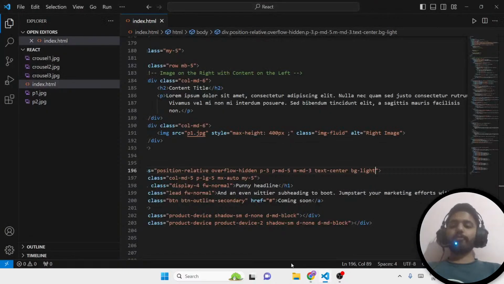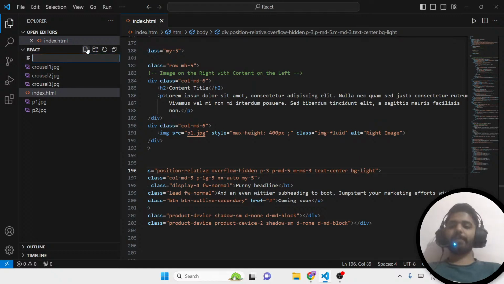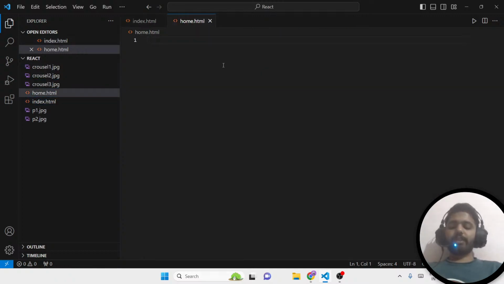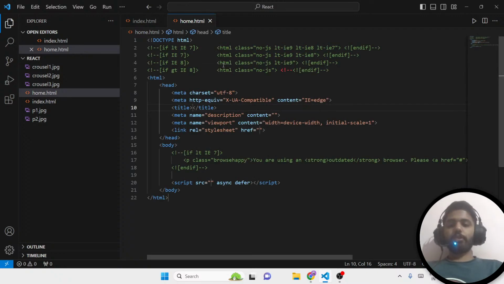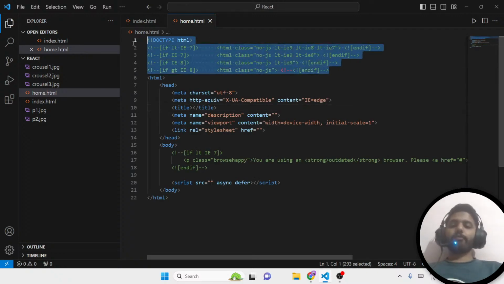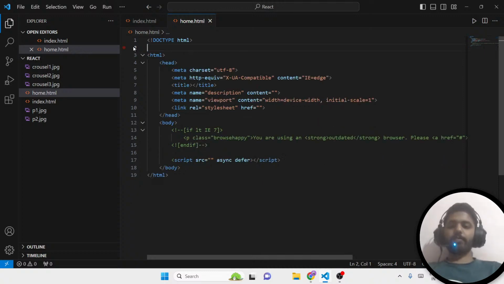So go on to your VS Code. I have already made this, but we are going to make it from scratch. What I want you to do is make a new project. We are going to make an e-commerce website, a one page website. Index is already created, so we'll call it home page, home.html, correct? So this is created. First of all, include the boilerplate. If you want to remove the conditional ones, you can remove them,